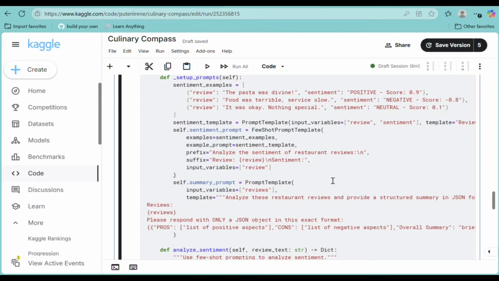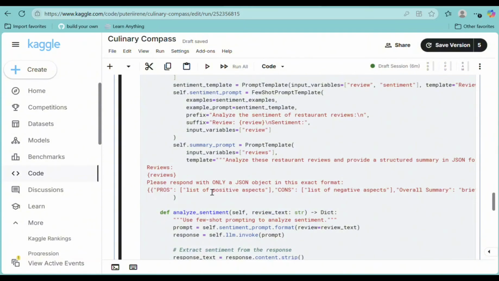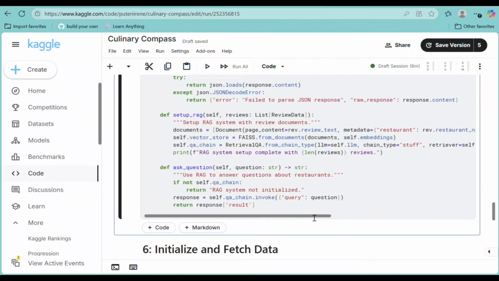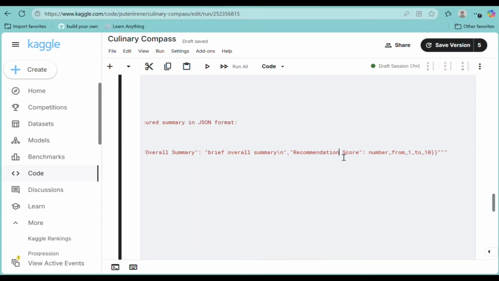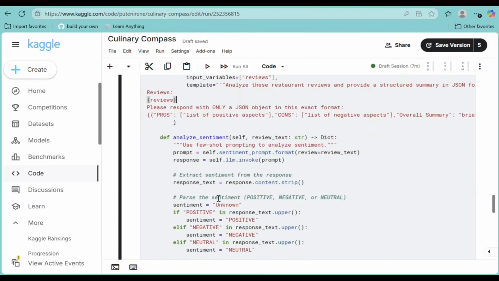And then number 2, the summary. We use the summarize review function here, which uses a structured output prompt that forces the AI to return a clean JSON object. Like here, the prompt: the JSON contains pros and cons, an overall summary, and also a recommendation score here. Okay, and the third one